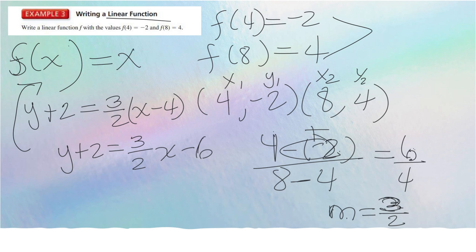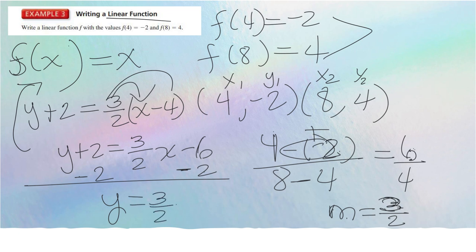If you guys do not know it, we multiply this with this, correct? We multiply what? We multiply 3 times x, and then 3 times x over 2, which gives me 2x, and then 3 times negative 4 gives you what? Negative 12, and negative 12 divided by 2 gives you what? Negative 6. Who am I going to move now? The 2 over, correct? I'm left with y equals 3 over 2x minus what? And that's your answer